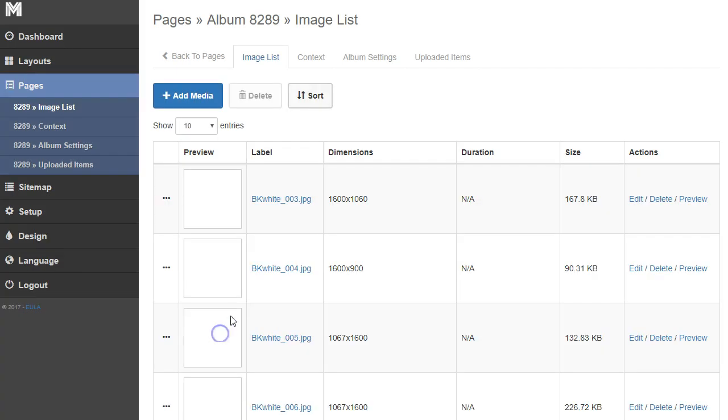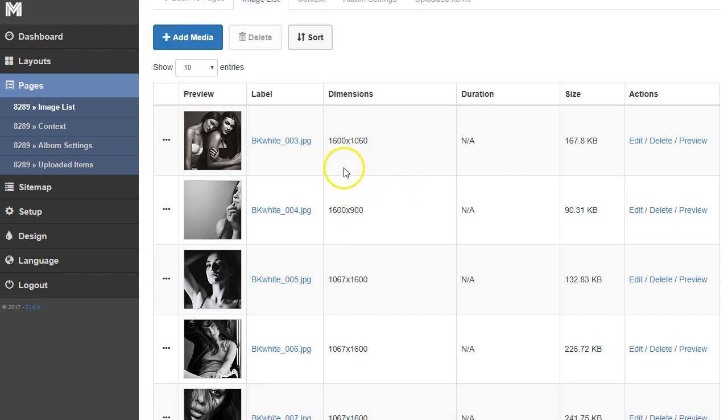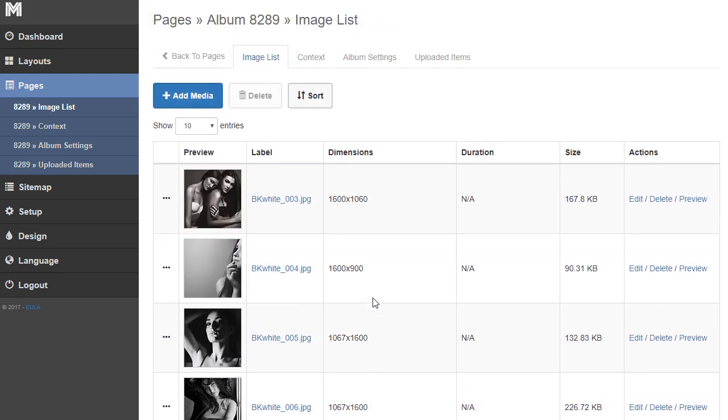So I'm going to click Done, and you'll now see all of the images in here. Notice that you have the sizes right next to the image. So you can see that I've cropped mine 1600 by 1060, 600 by 900, and so on. So we have all of our images in there, and then we're going to start to manipulate